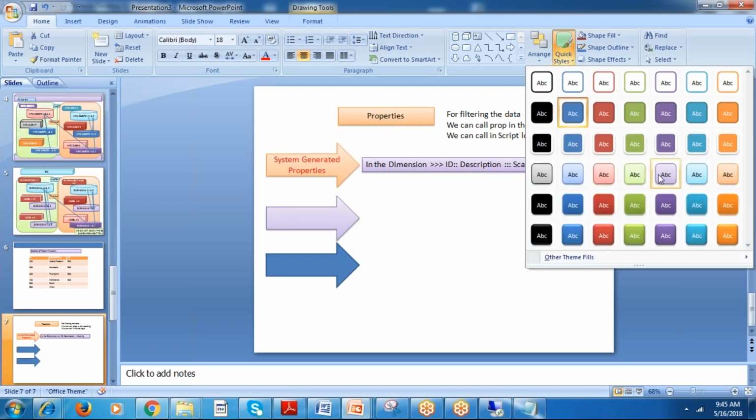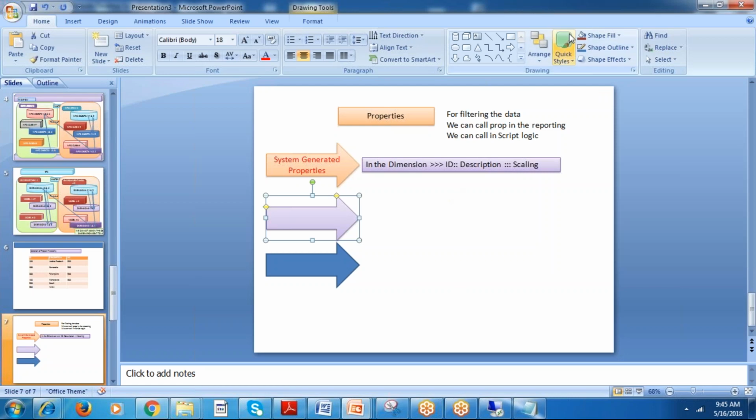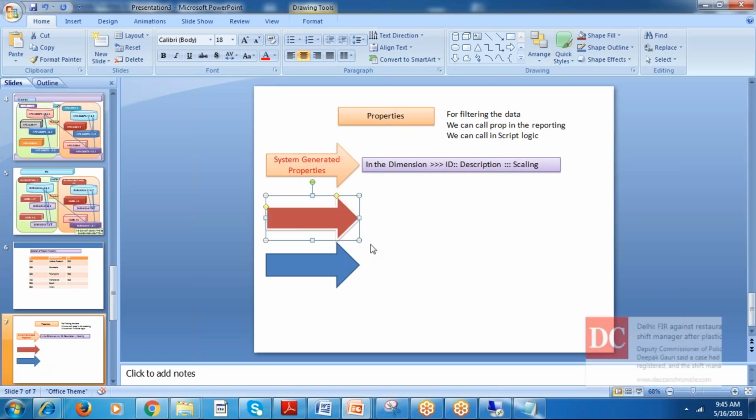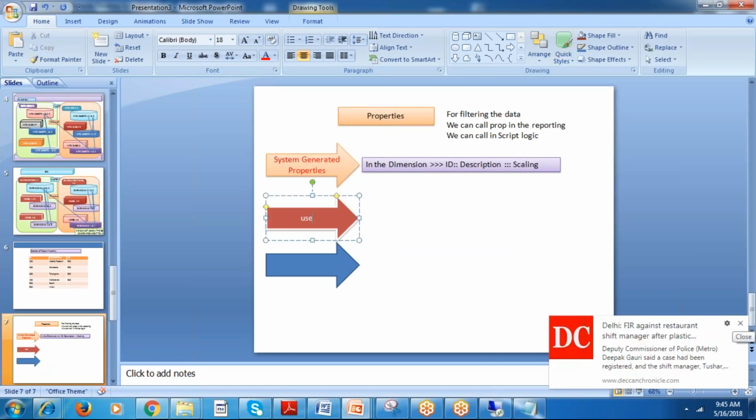Next, this one: user defined property. What is the user defined property? What are the examples?